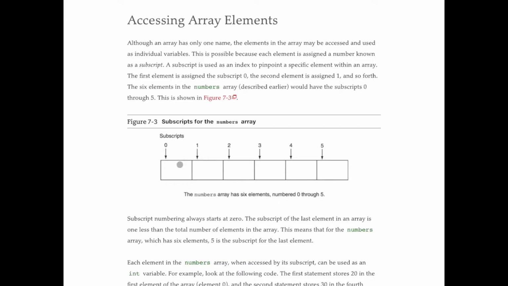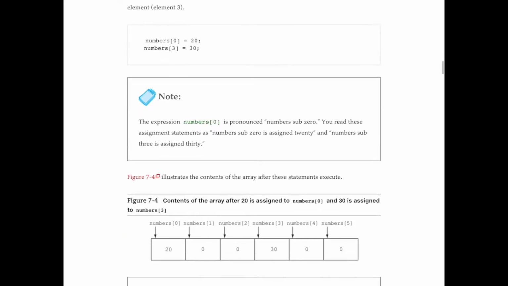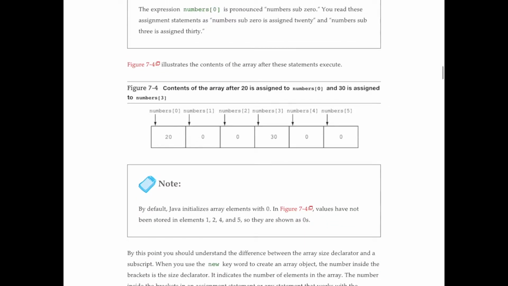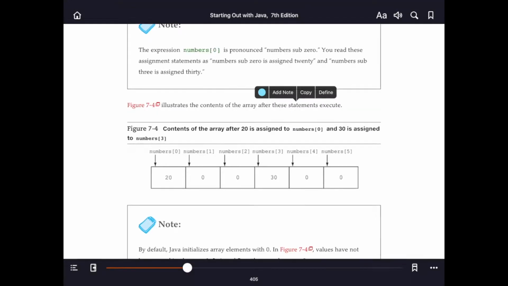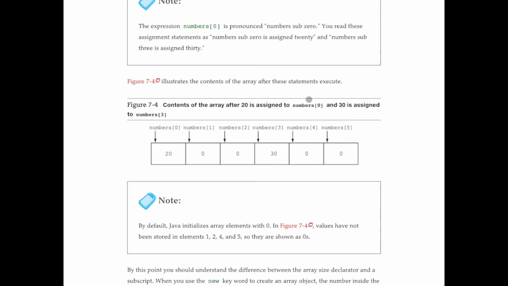Well, the way we refer to those is not 1, 2, 3, 4, 5, 6. It's actually 0, 1, 2, 3, 4, 5. And that gets to be confusing for people, especially when they are just starting out with arrays. Now, the way this works is we would refer to that subscript this way. So numbers 0, like you see here, this is still page 405. So as you see here, numbers at sub 0, that is this